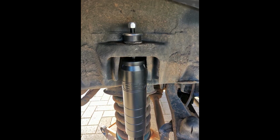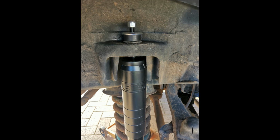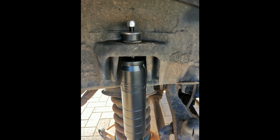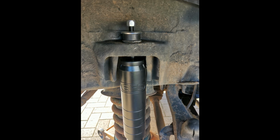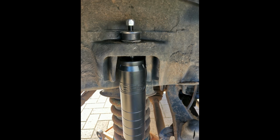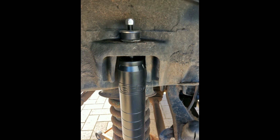But if you just push down and get the shock into place, just remember you need to put one washer and then one rubber onto the top of that bolt that's sticking out at the top of the shocky, and then compress it, push it into the housing there on the frame, and then let it go. It will slowly open itself back up and push itself through the hole. And then we just need to put the rubber on top, and then another washer, and then the nut